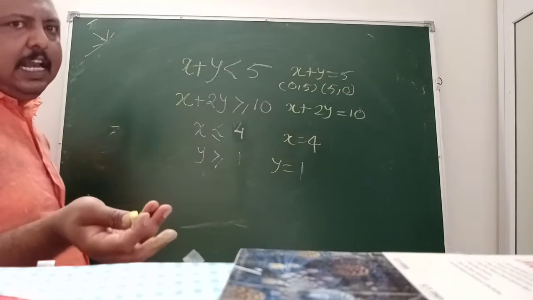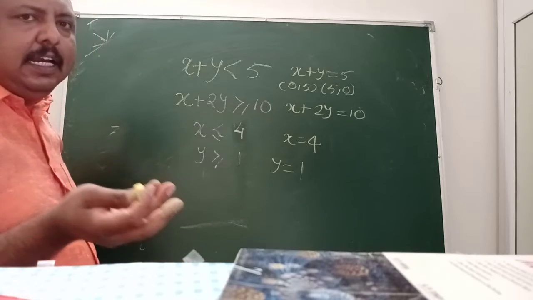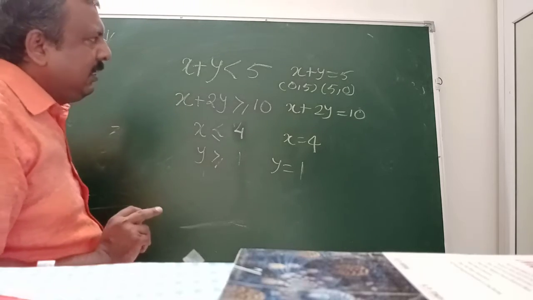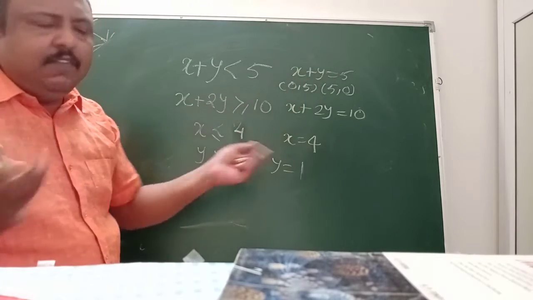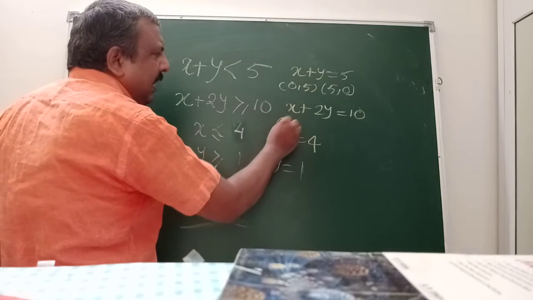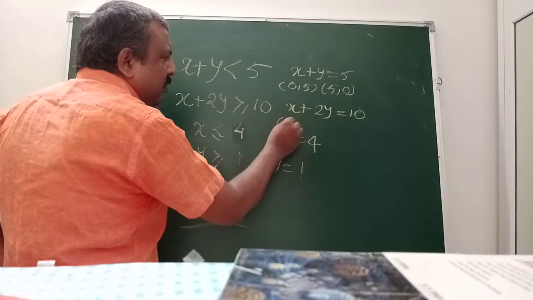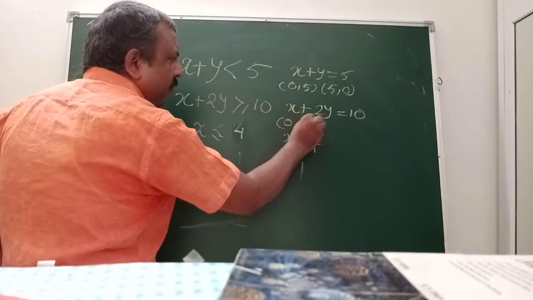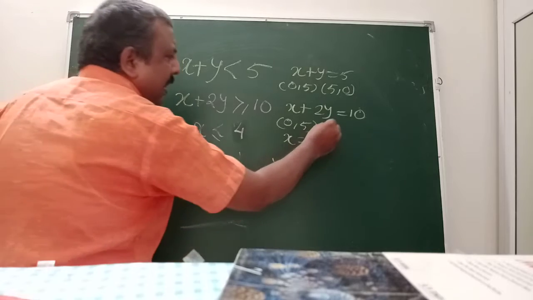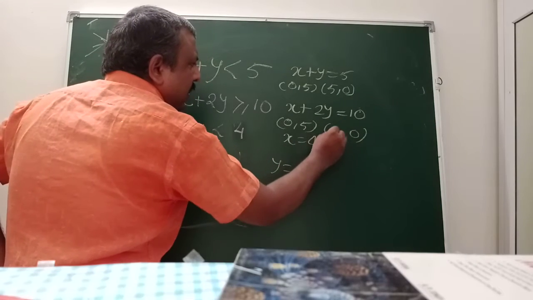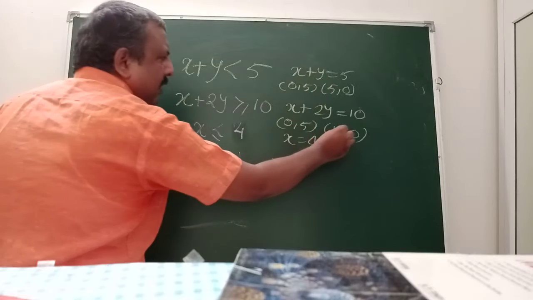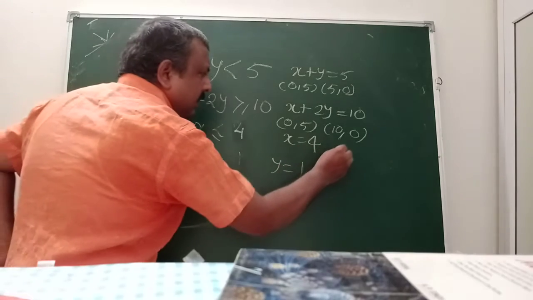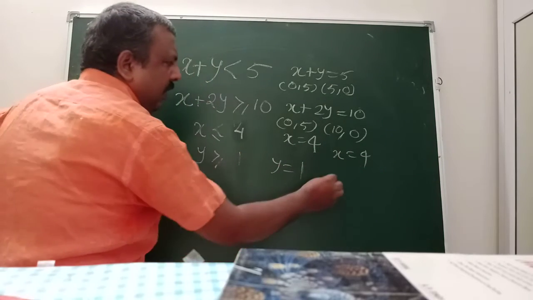With the help of two points, because infinitely many lines pass through one point, but through two points a unique line passes. So this is a convenient solution. Similarly, if I take x equal to 0, which is a little easier, then y will be 5. If I take y equal to 0, then x will be 10. That is a little bigger on the x axis. So this is one of the convenient solutions. x equal to 4, and x equal to 1 and y equal to 1.